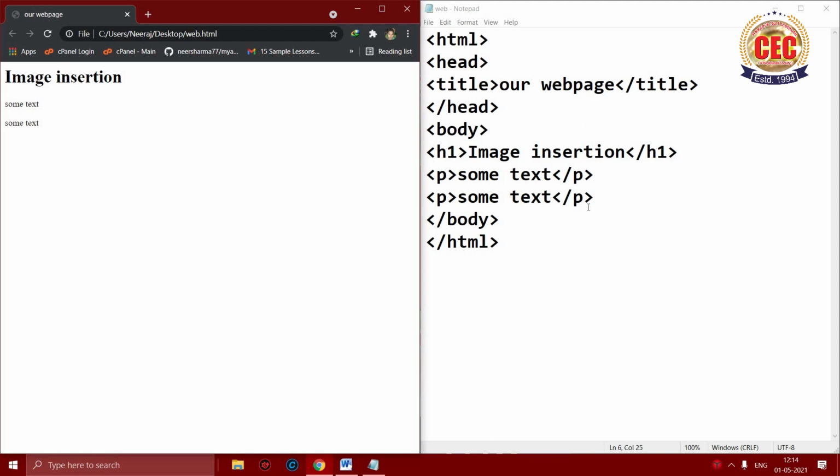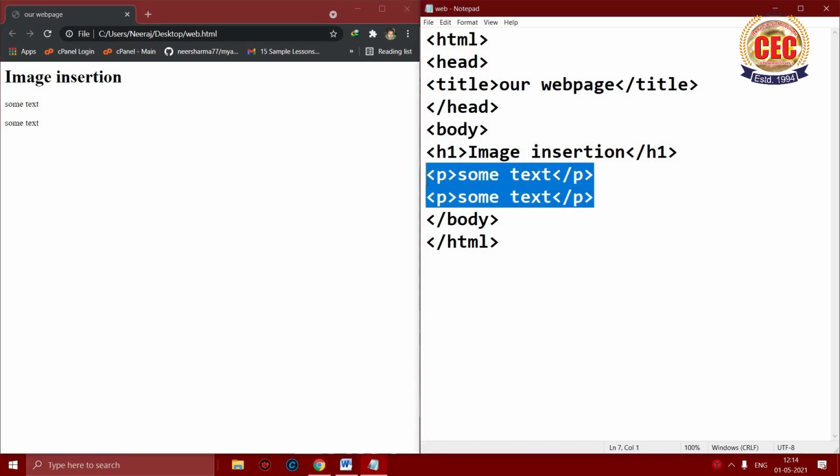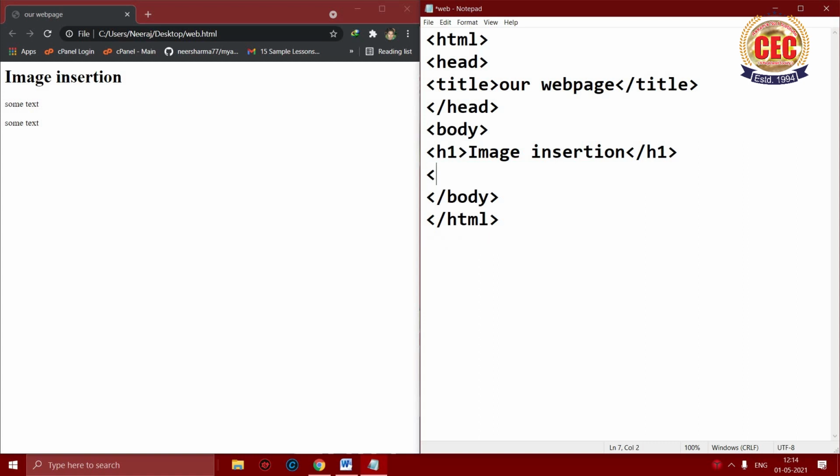So text insert, I'll insert some random text.